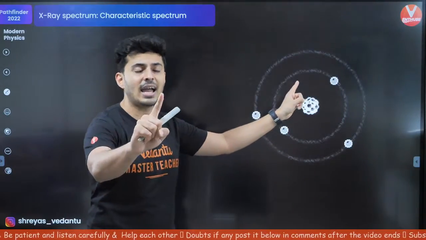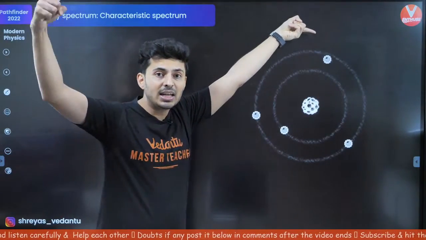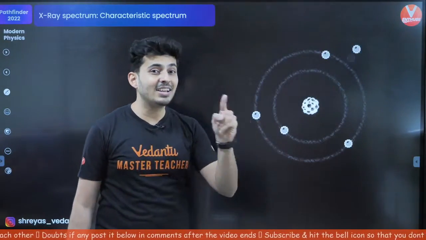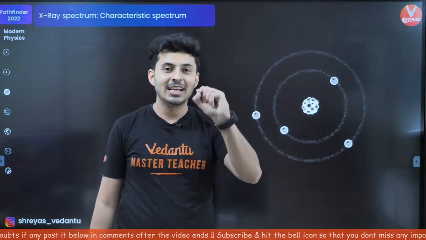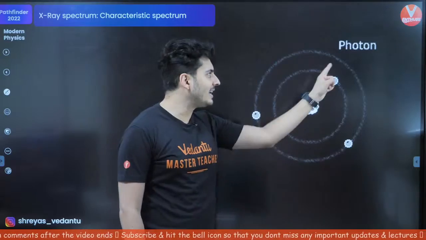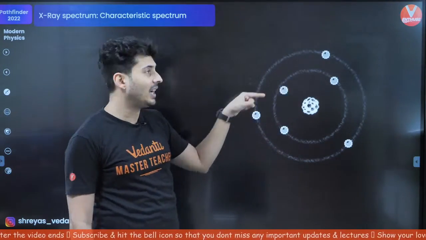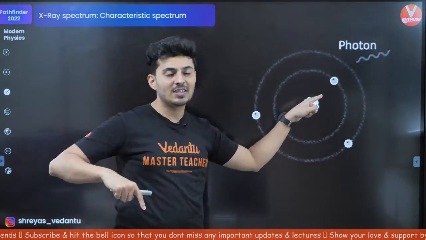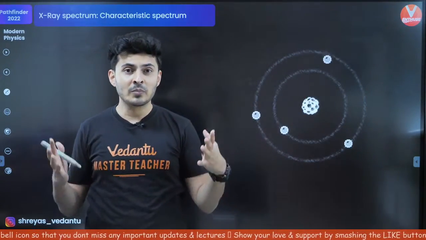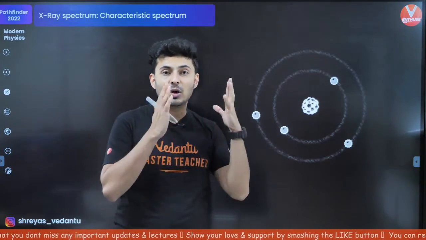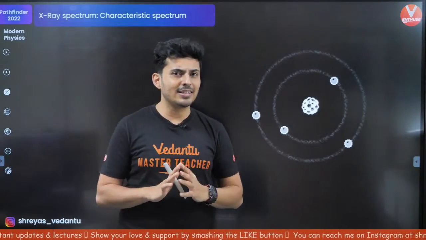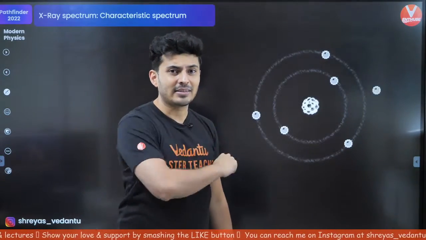The moment that happens, an electron in the upper shell, upper orbit, will jump to fill that gap. And what happens when an electron jumps? We know that electromagnetic waves, that is a photon, is emitted. Hence, as soon as that empty void is created and the electron from higher shells jumps into it, a photon is created, and that photon will be in the range of X-rays. Now, probably you will understand why you get the spikes.